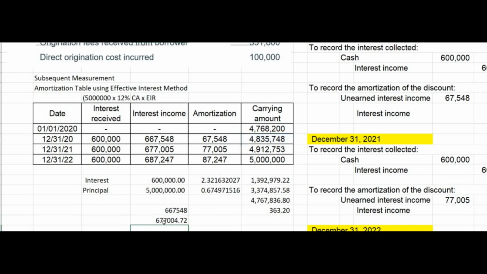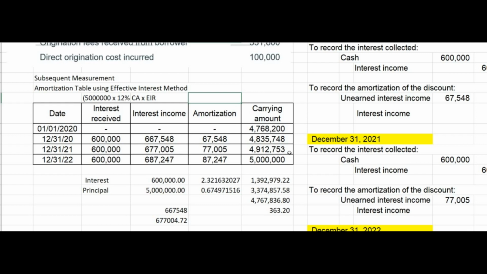So, you will get that much, 677,005, rounded off to the nearest peso. Likewise, this amount, we just deduct from the 600,000. So, you'll have your amortization of 77,005. That 77,005, we add here to get